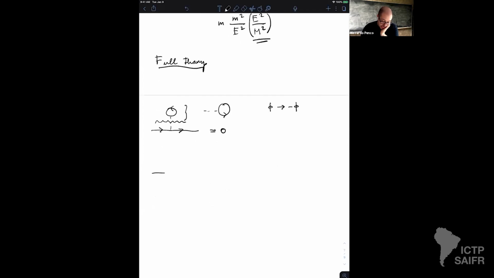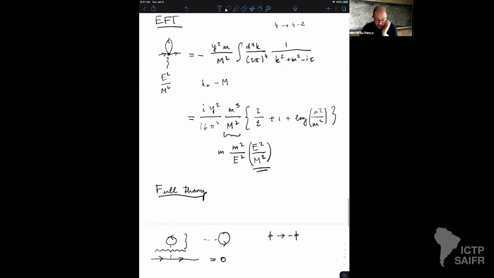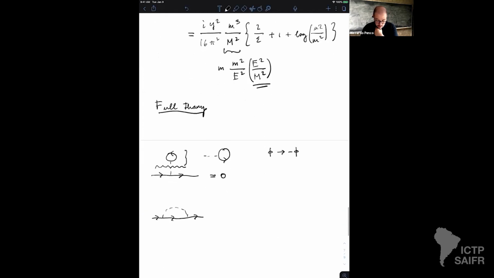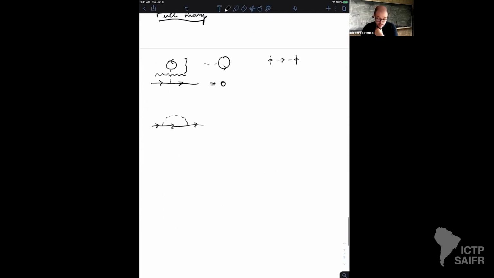And then there is a second diagram, which is just, if you want, the self-energy diagram. Okay. And sorry, I should have said that just for the sake of figuring out how matching works at loop level, I'm just sticking with the 2-point function rather than the 4-point function, because it's simpler to deal with only two external lines. Okay. So when you calculate this diagram, you find that,